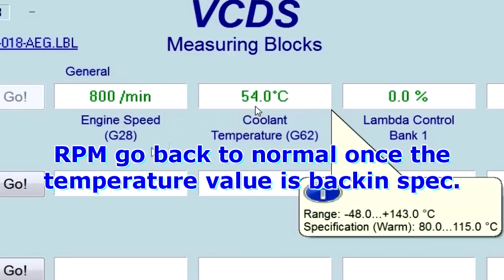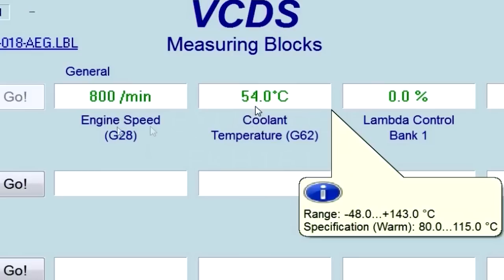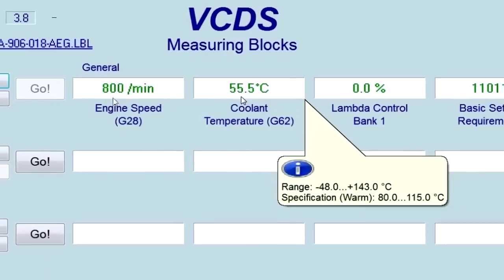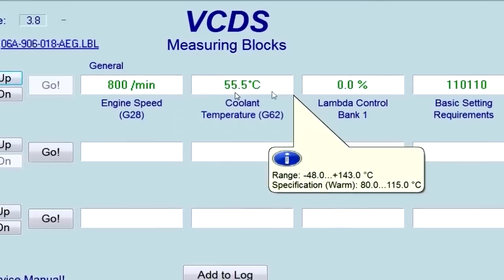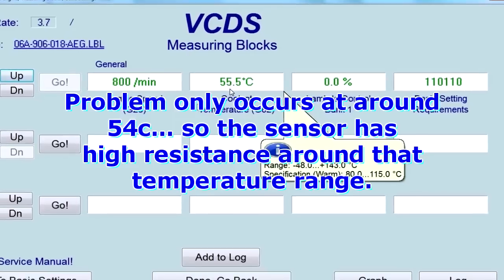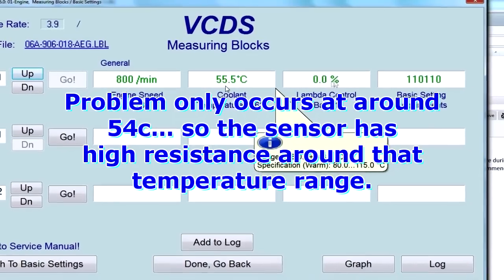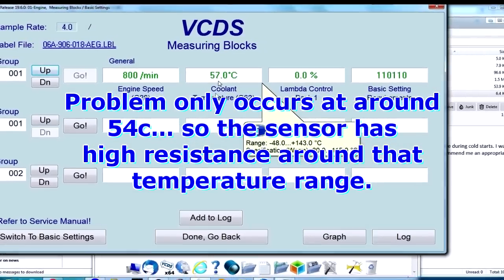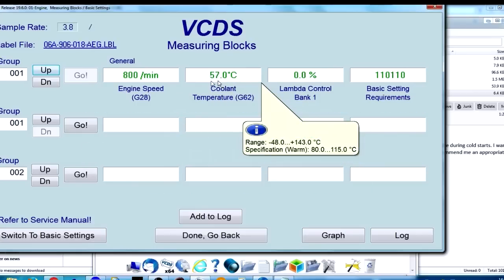I'm back at idle. So every time the temperature would drop, the RPM would be affected, because the fuel mixture is being affected as well. It hasn't gone into closed loop yet at this point. I think it might go into closed loop in a little bit, but with the computer not seeing the correct temperature, even when it's not in closed loop, if it drops down to 20 degrees, the computer will automatically